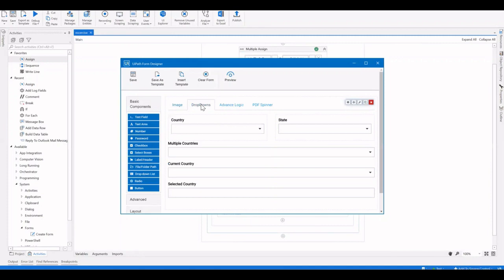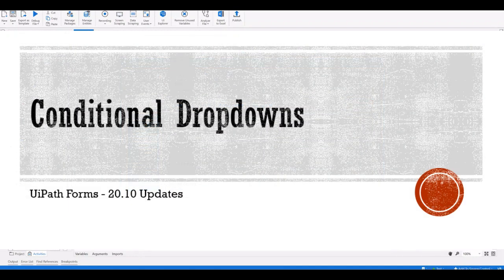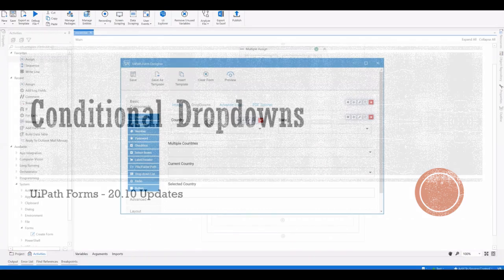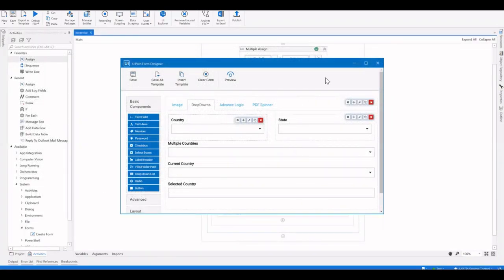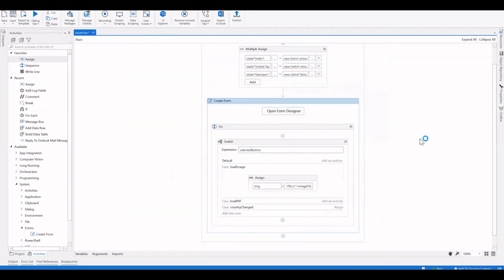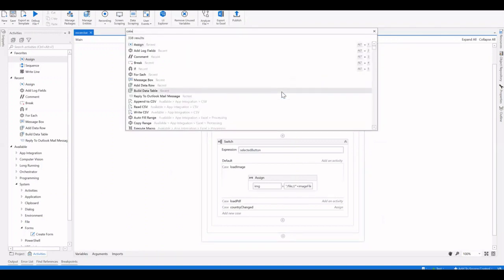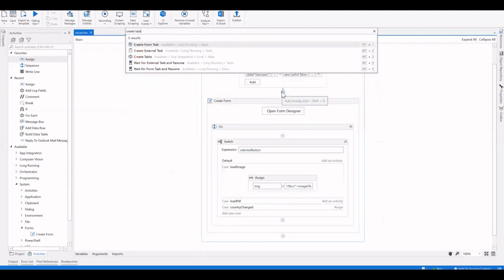So the next feature is one of the most interesting features that has been released as part of the August update, and that is the cascading dropdown. And to demonstrate how the cascading dropdown works, I'll go ahead and create another form. Let me quickly do that. Create form,